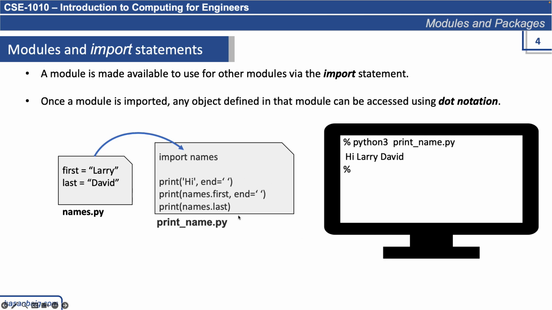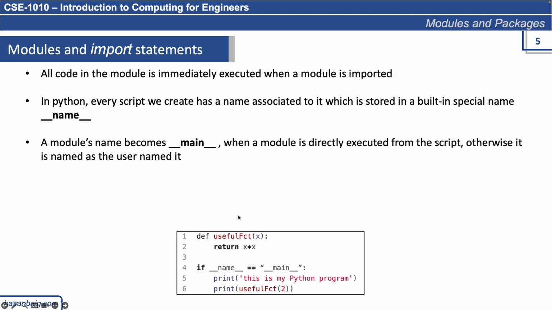The next important thing is, you should know that when we import the module, it automatically executes the imported module. So how can we avoid executing certain pieces of code from the module being imported? In Python, every script we create has a name associated with it, which is stored in a built-in special name. So double underscore name double underscore is a built-in variable which is used to hold the name of the